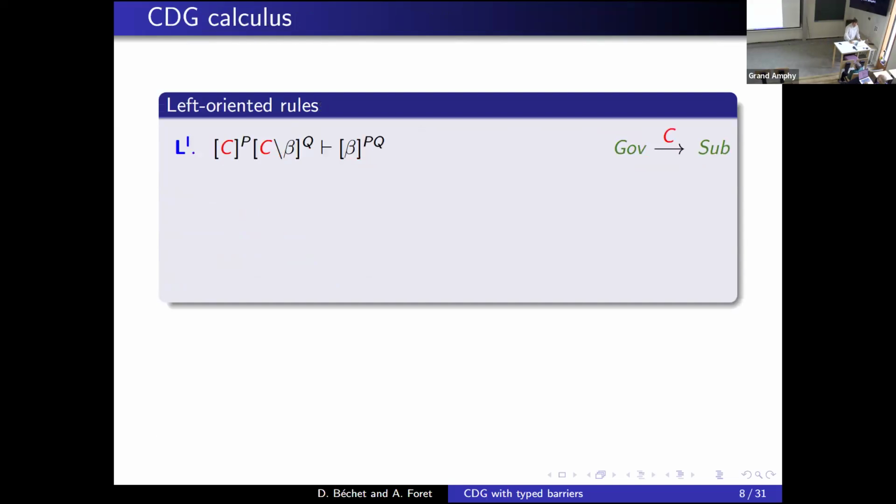So now, what is the calculus that we use? We have the traditional elimination rule of categorial grammar. If we have the category C and we have category C above beta, we can eliminate this category C and just have the category beta.